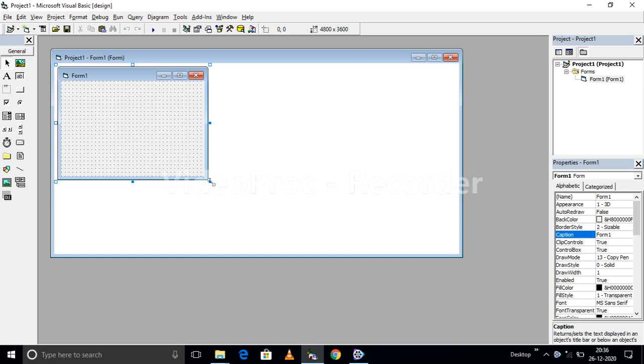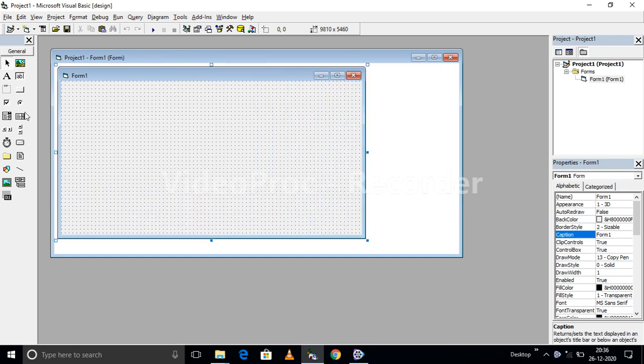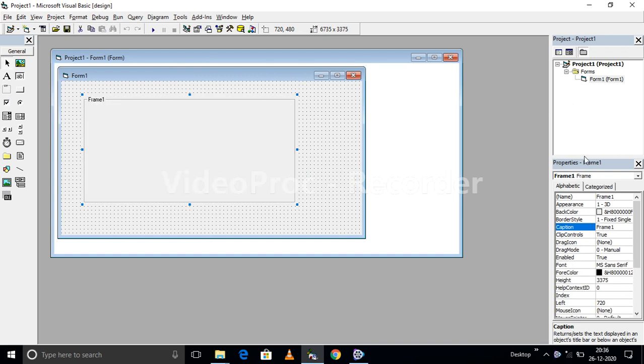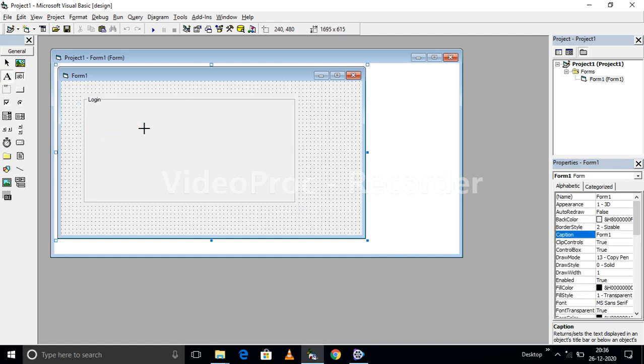So as usual, let us start from the form design. So I need one frame first, and I am going to change the name of this frame as login, since we are designing the login page. In this I want two labels. The first name is username